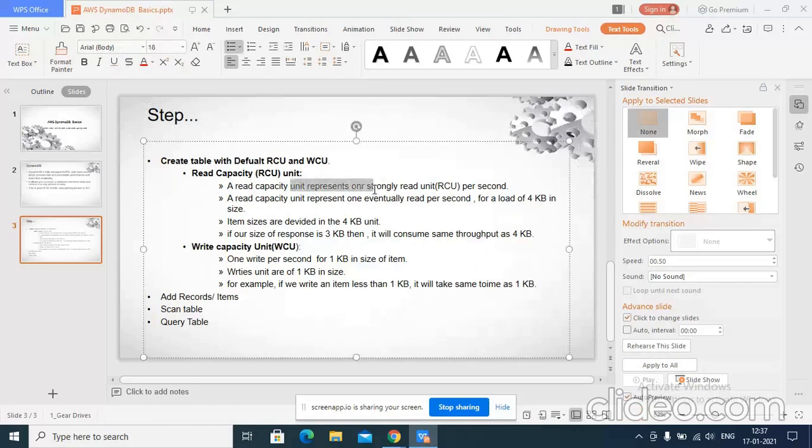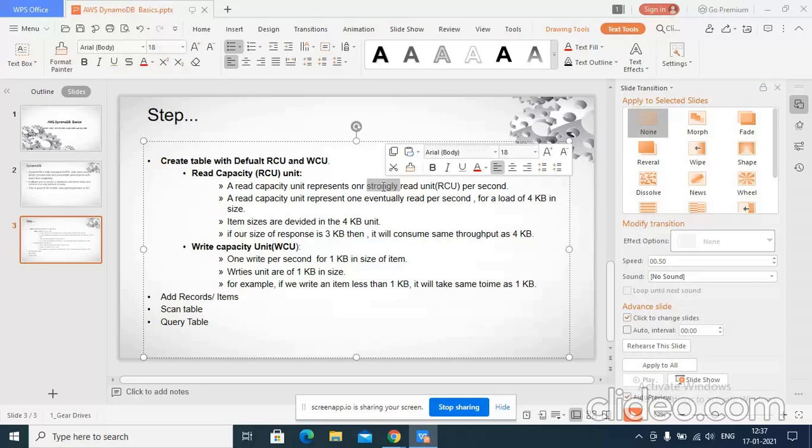A read capacity unit represents one strongly consistent read. One term is the strongly consistent read unit. It's a database, so maybe some services are modifying data, some services are putting data. Whenever I fetch data from DynamoDB, it must be the latest value. I'm strongly enforcing DynamoDB that whenever you give me data, give me the last one, the latest one. So this is called a strongly consistent read unit, and this capacity is one strongly read unit. If you want to read, it's going to take 1 second.